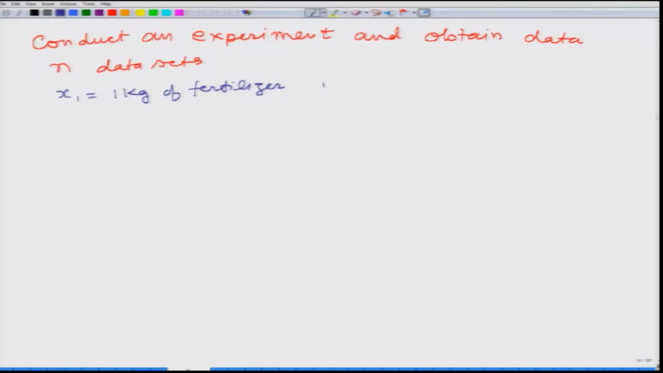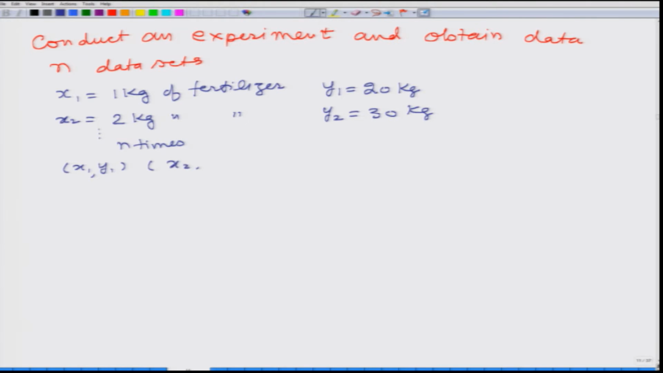So, suppose I get the yield y1 equal to, say, 20 kilograms. Then next time I take 2 kg of fertilizer, and this will be my value of x2. And suppose I get 30 kg of yield. So, this is going to be my y2, and so on. I try to repeat it n times. At the end I will have data something like x1 y1, x2 y2, and so on, say xn yn. So, this is my